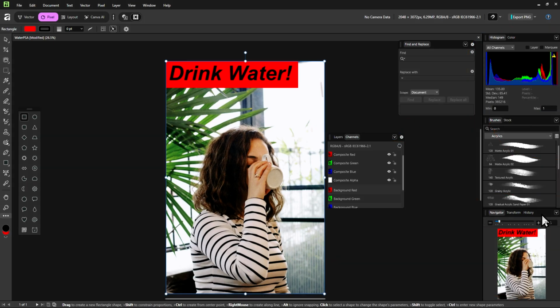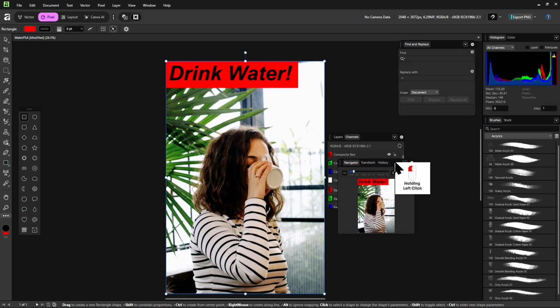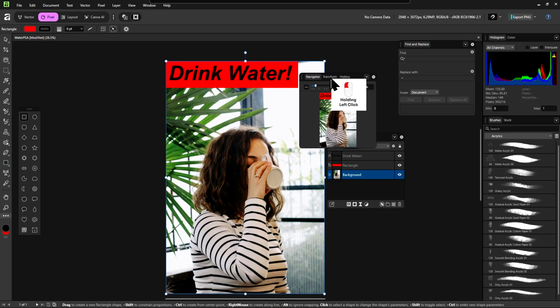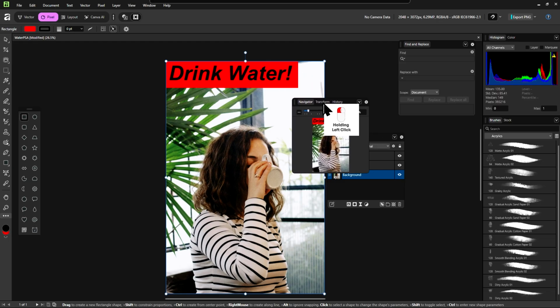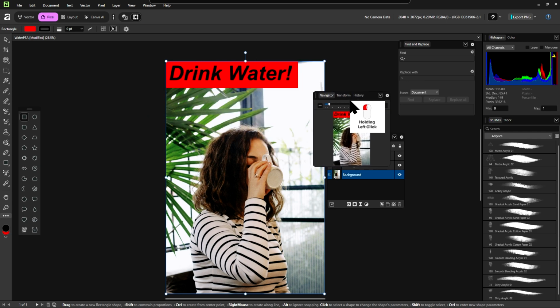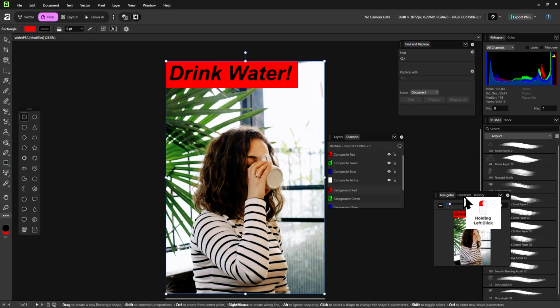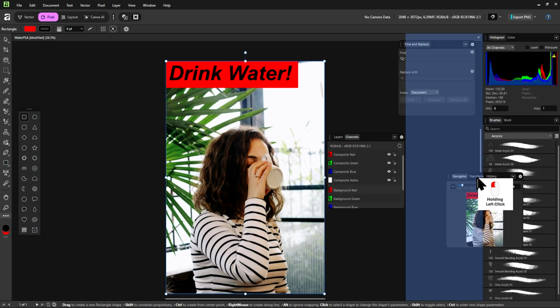And just like the panels themselves, you can actually drag out the panel groups themselves. And you can even dock it somewhere within your screen, which just means anchoring it, by dragging around until you see one of these blue highlights appearing, like this one here.